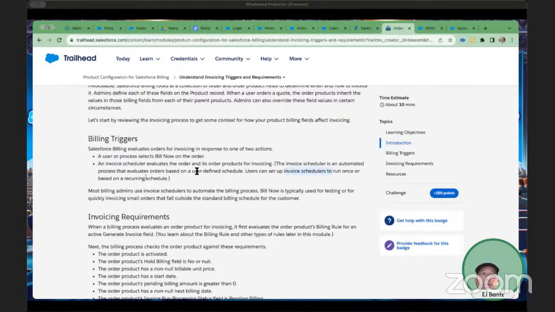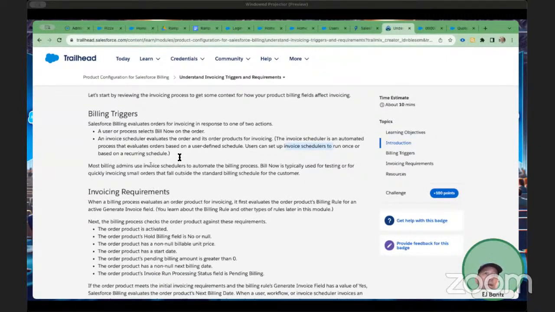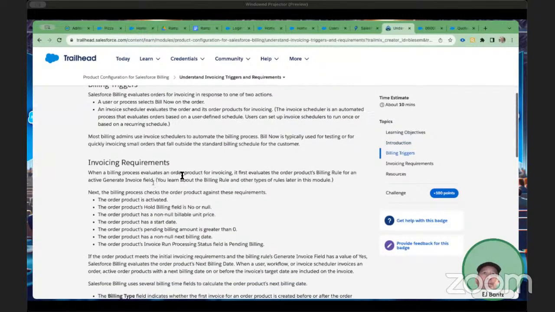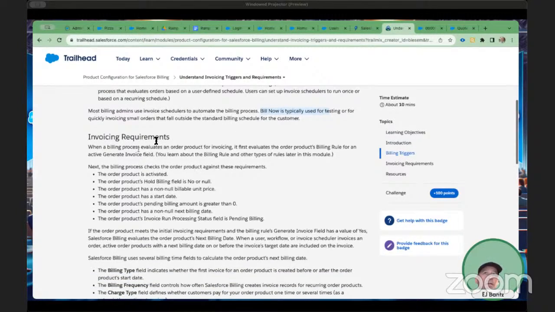Oh, invoice schedulers. Most billing admins use invoice scheduler. Yeah. Bill now is typically used for testing. Okay. Maybe the button isn't added to the layout. Billing process evaluates the order product for invoicing. Yeah, we had someone trying to